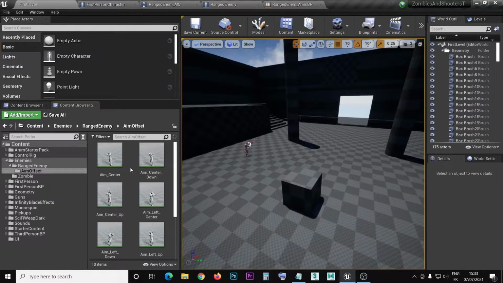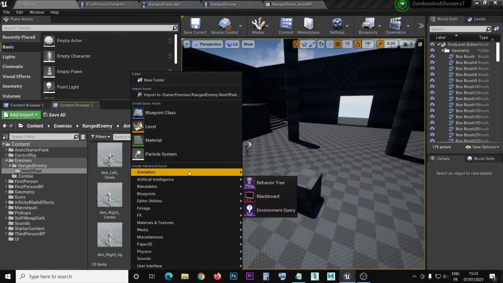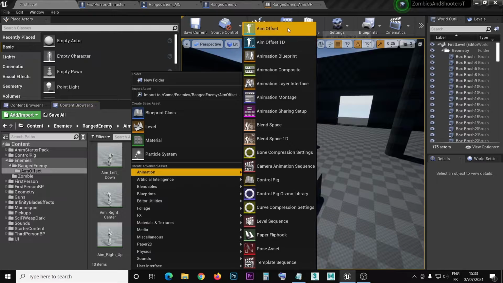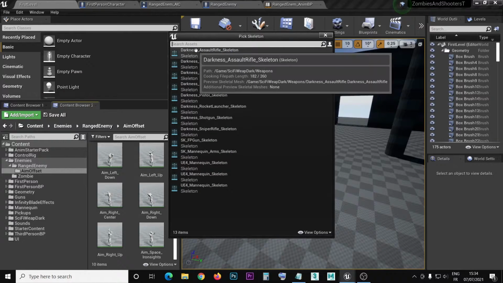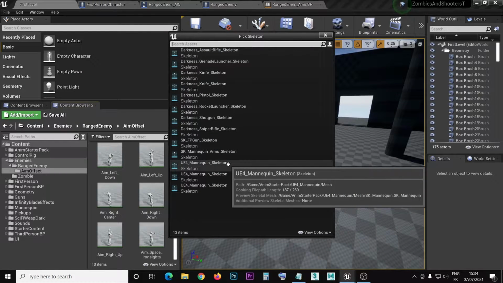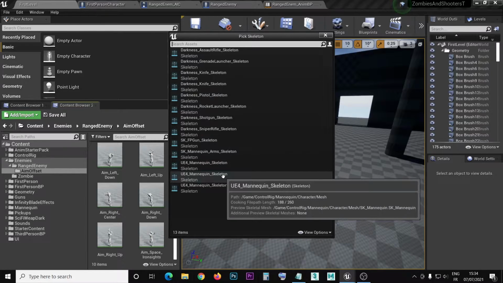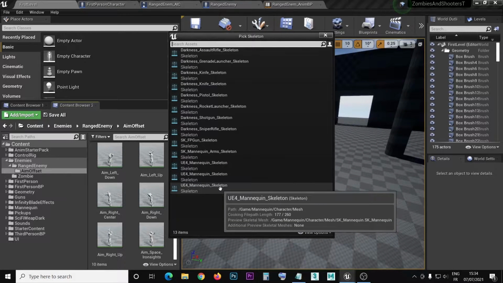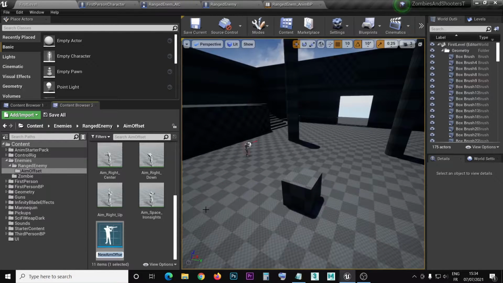We right click there and under animation, aim offset, this one. We create the asset. We choose the proper skeleton. Very important. It's going to be this one, UE4 mannequin skeleton, located in the game mannequin folder. And we simply name the aim offset